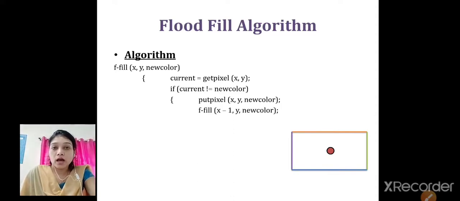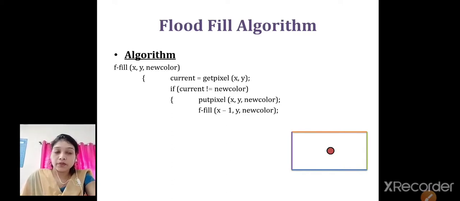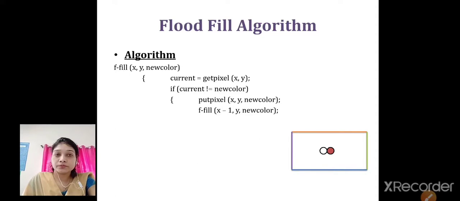Then next I am calling a recursive function over here. The same function calls itself, and that is called recursion. So the function is calling itself here with a change in a parameter. The parameter is nothing but x minus 1 or x plus 1 or y minus 1, y plus 1, right? In this way we are checking the next 4 connected pixels, that is left, right, and so on. So for this x minus 1 or x plus 1, we are changing the pixels. You can see here the colors of pixels are getting changed over here.